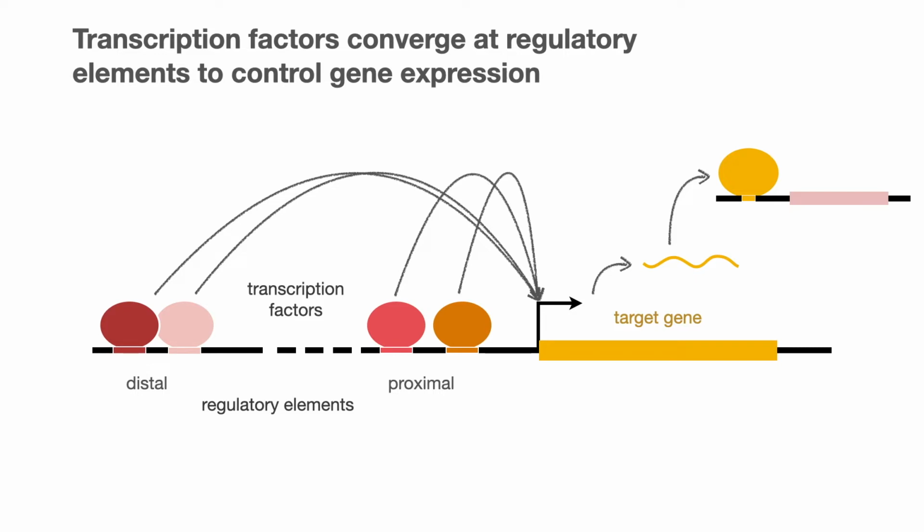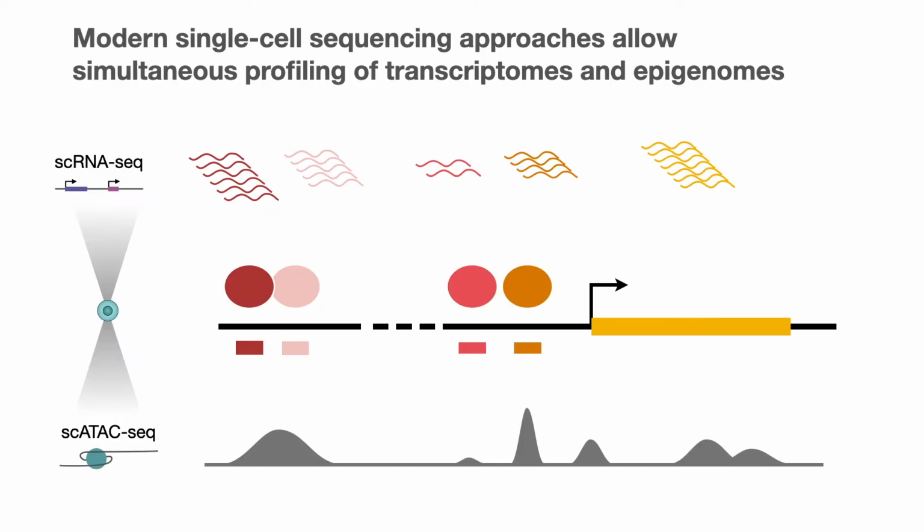Now with modern single-cell sequencing approaches, we can measure a lot of the interesting parameters of this process at the level of individual cells. This gives us really powerful tools to infer these regulatory networks on a larger scale. On the one hand, we have single-cell RNA-seq. With this, we can obtain information about the transcription factor and target gene abundances by counting their transcripts in each individual cell. On the other side, we can also obtain information about the binding sites themselves by using single-cell ATAC-seq, which measures the chromatin accessibility across the genome.